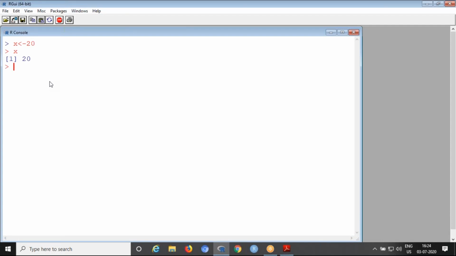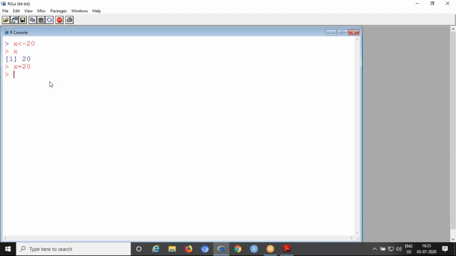The other way also, using the equal symbol, x = 20. Again you can call x by typing x, enter. So x contains 20. Now you are computing some operation on x, that is multiplying x with constant 2, which can be stored into y.